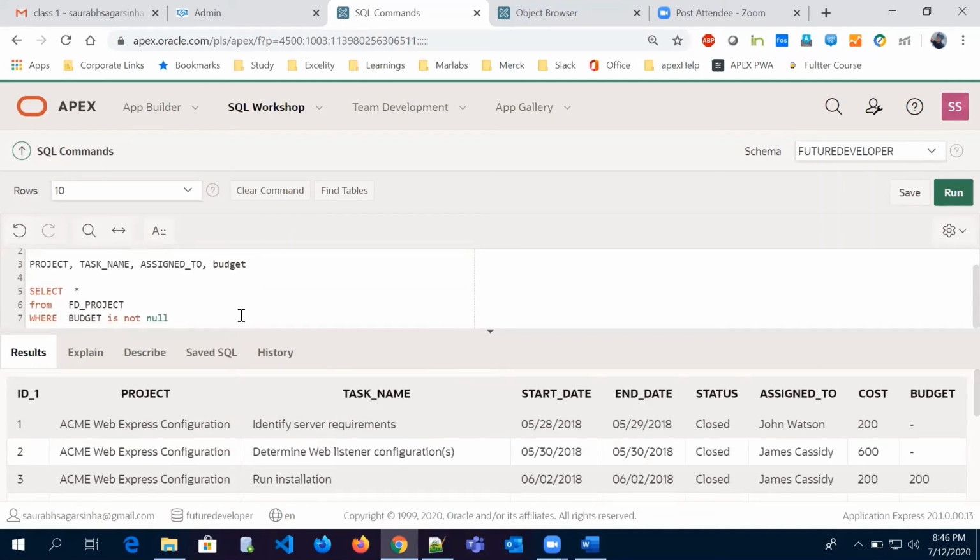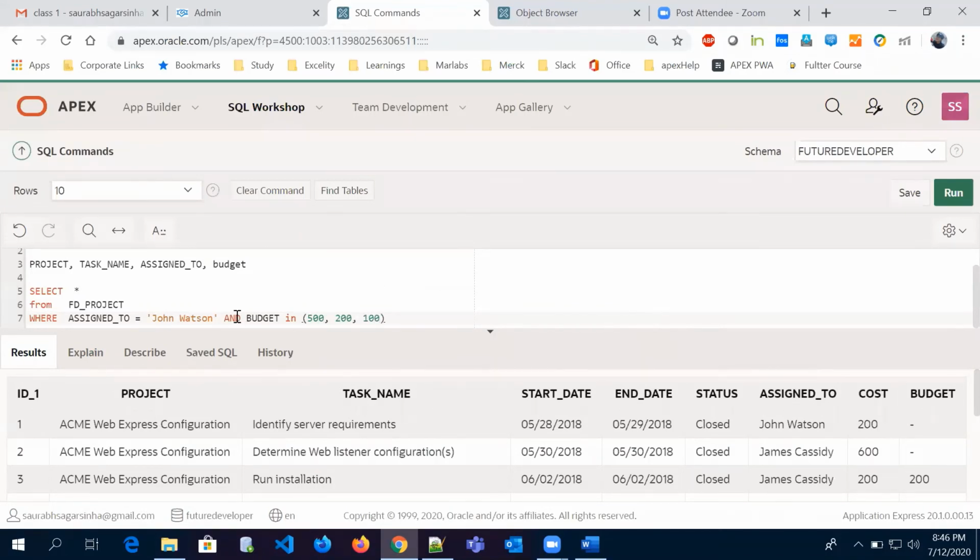What we do for AND and OR, we can write something like this: where assigned to equals John Watson, and budget in, I'm using the IN operator, and here I'll say 500, 200 and 100.